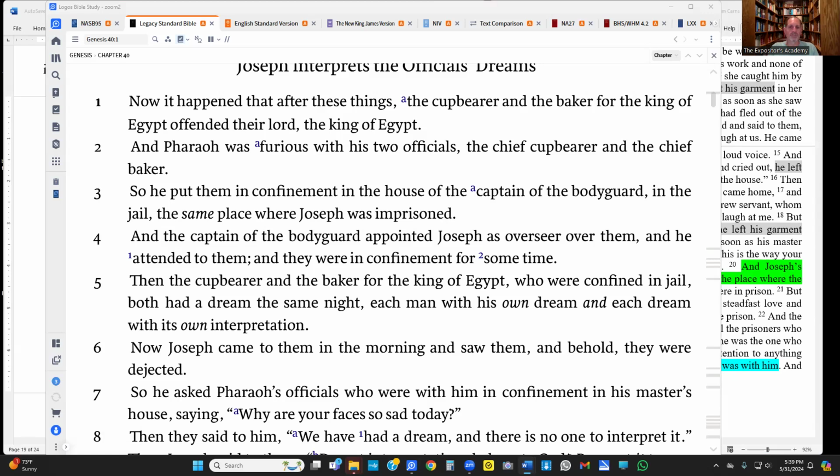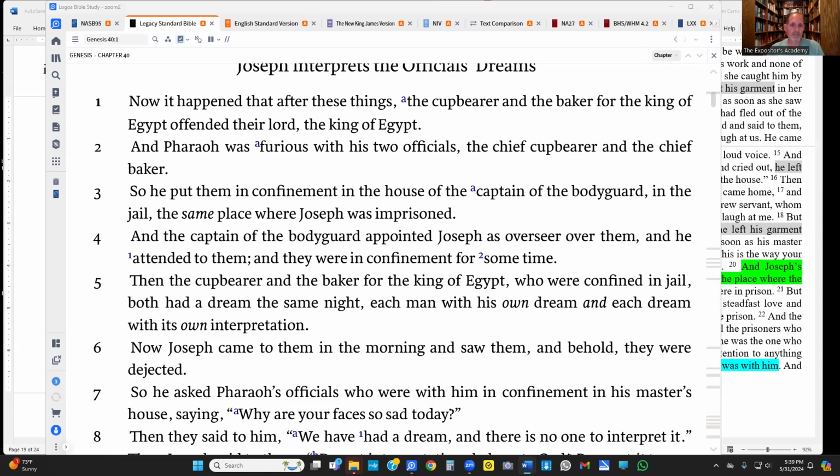But that just gives us a rough idea. Okay, I'm sure we're within a year or two. So the events of Genesis 39 to 40 seem to take place when Joseph is 18 to 28 years old. We know that for sure because he's at least, maybe 17 or 18, when he came to Potiphar's house. And we know that he was 28 when he had that interaction with the cupbearer and the baker, because